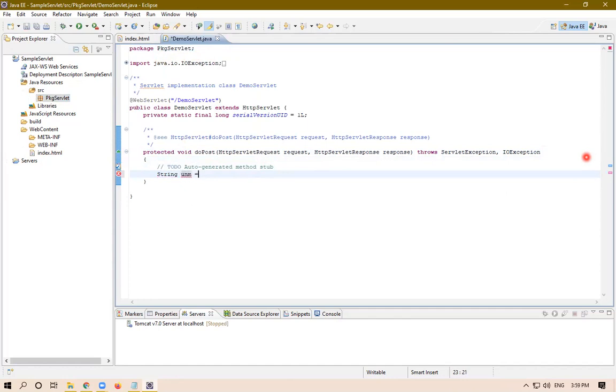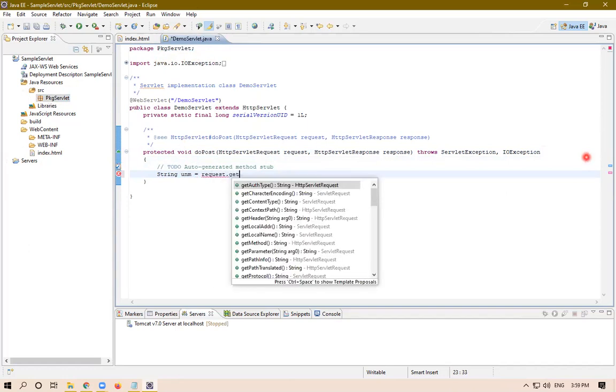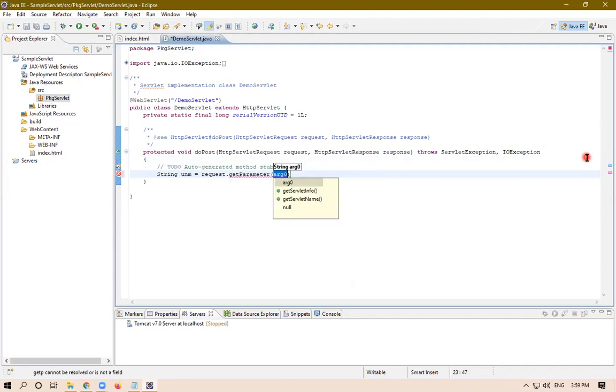So String unm is equal to request.getParameter. Why request? Because we are requesting from the HTML page, and we are going to specify the variable of your text box. So request.getParameter in brackets unm.